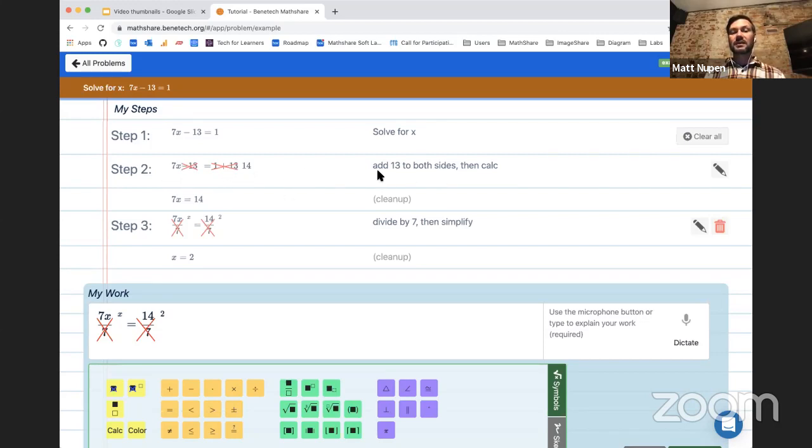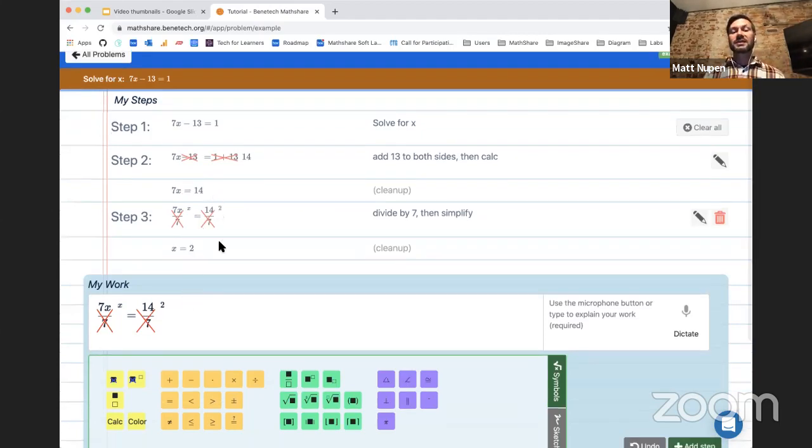So for this, what they added in the note on the right is add 13 to both sides and then calculate. And so you can see here what they did is they had 7x minus 13, and then they added 13 to both sides, and then they used the crossout tool feature within Mathshare, and Mathshare then automatically cleans that up, and I'll show you guys how that works. And so the student goes through step by step until they get to the final answer of x is equal